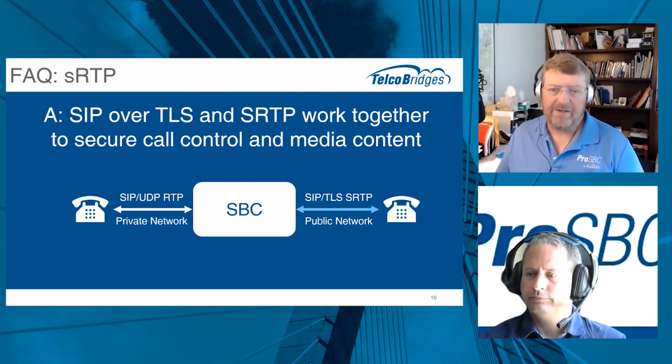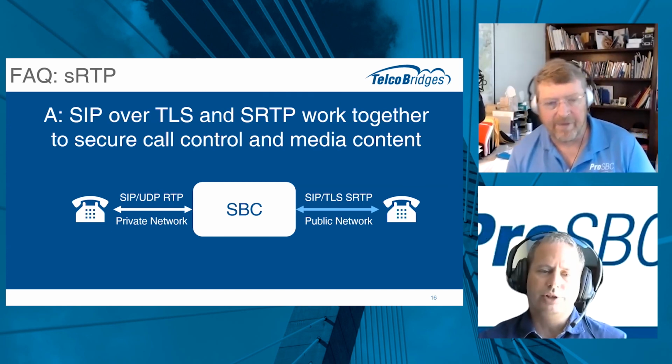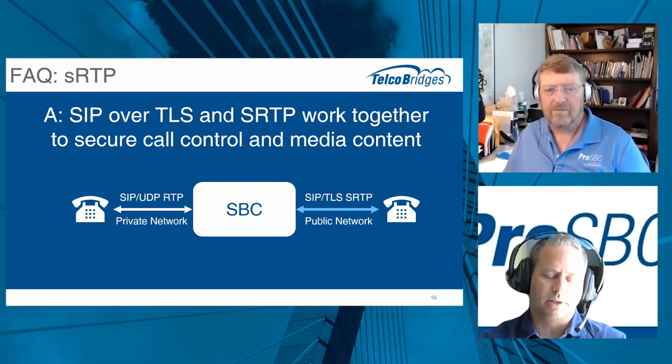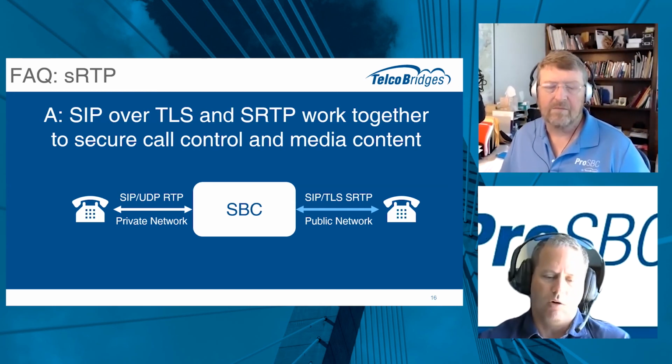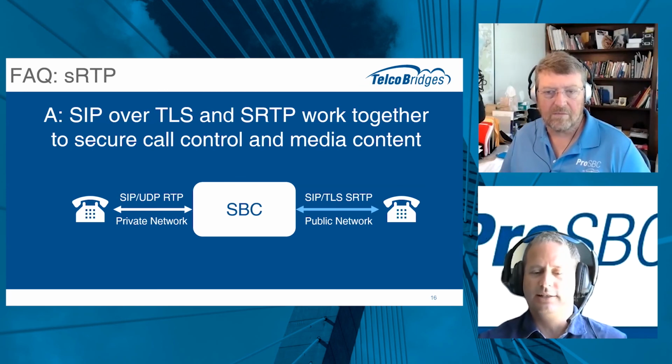So why not just use SIP over TLS SRTP for everything? What are some of the downsides of using SIP over TLS and SRTP? Well, with TLS, you need to exchange your keys with the remote side. So if you know you will be connecting to another service provider or another endpoint, and you can exchange the keys, you should do it. But if you don't know that endpoint or you can't exchange keys, then you will need to use SIP, UDP,